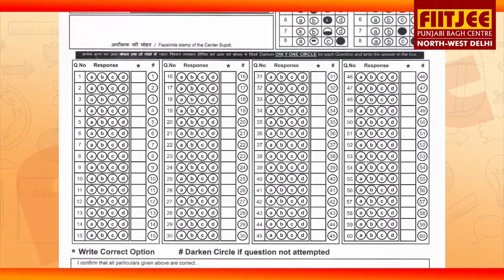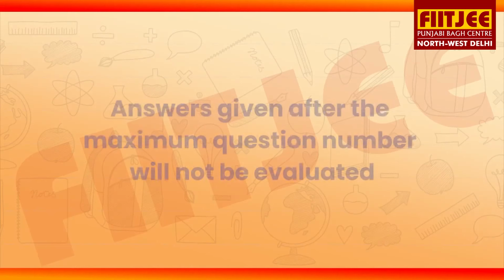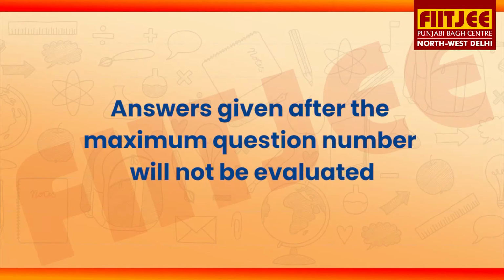There is a space for answering 60 questions in an OMR, irrespective of the total questions given in the question paper of any subject. Candidates will use maximum circles as per the total questions given in the question paper for giving responses. This should be only in serial. Answers given after the maximum question number will not be evaluated. Meaning, thereby, if there are 45 questions in some question papers and the candidate is changing question number 46 in OMR and writing this question as 45, then the given answer will not be evaluated.